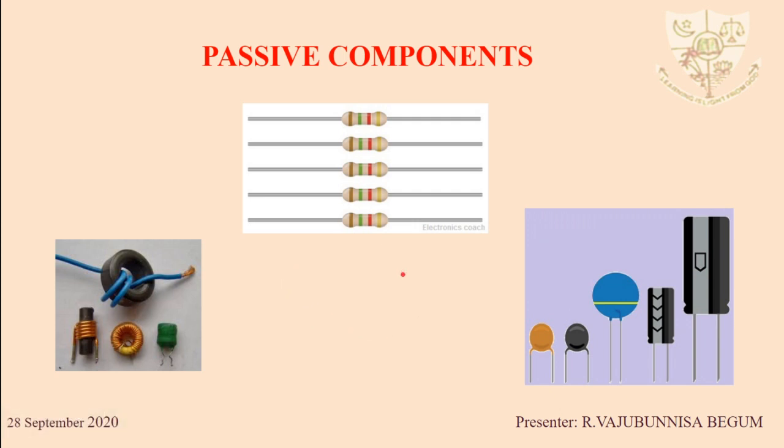Here we are going to discuss only these three components which are referred to as passive components, that is resistors, inductors and capacitors. Resistor has the characteristic to provide hindrance or obstruction in the path of current. Resistors are generally used as current limiters for protecting active components from breakdown. Thus, resistance is connected in series with the active components to prevent excess current from flowing through them. Besides, the resistance also acts as a load, right?